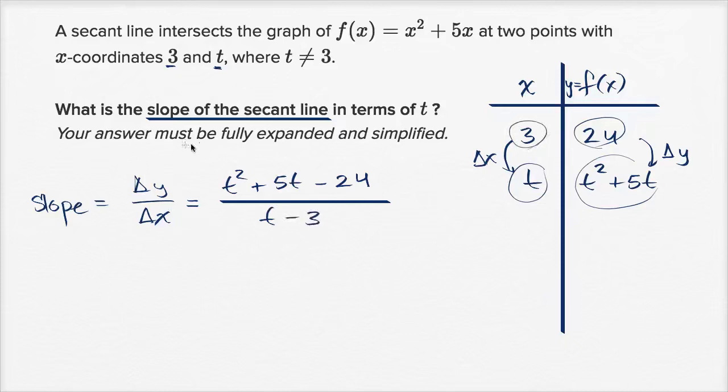Now they tell us our answer must be fully expanded and simplified. So maybe there's a way to simplify this a little bit. Let's see. Can I factor the top into something that involves a t minus 3? All right. So in the numerator, let's see. Negative 3 times positive 8 is negative 24. Negative 3 plus positive 8 is 5. So we can rewrite this as t plus 8 times